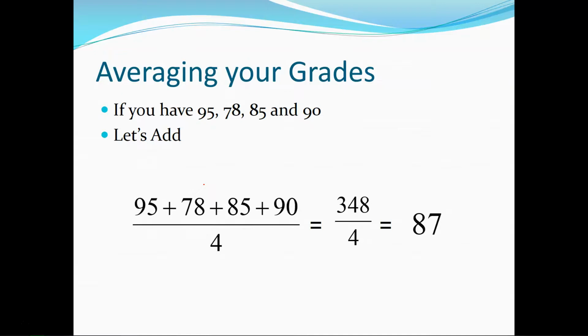because homework is weighted, I believe, at 13%, somewhere in there. And tests, we take the two highest test scores and average those out. So this is kind of why I'm not an overly big fan of this particular problem, but for a lot of classes, if you have a 95, a 78, 85, and a 90, this is how your grade would average out to an 87. Does that make sense?